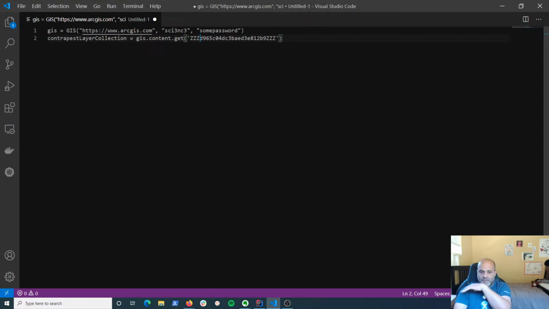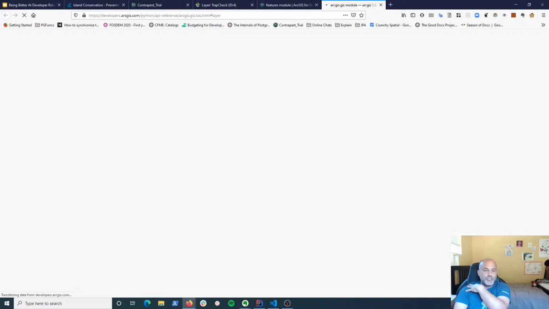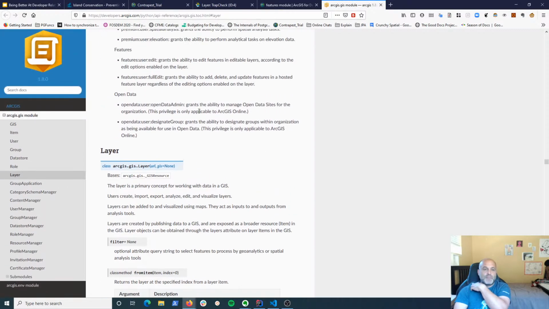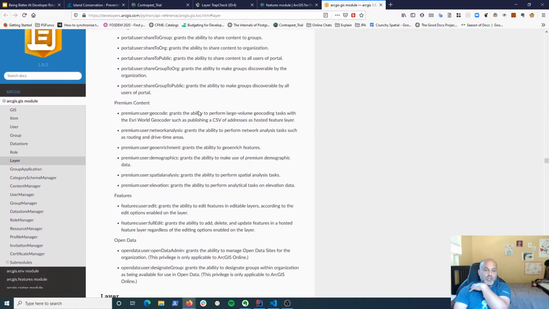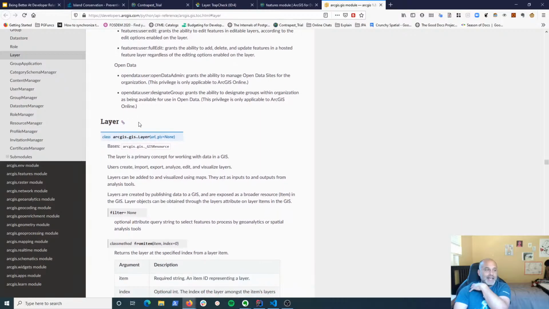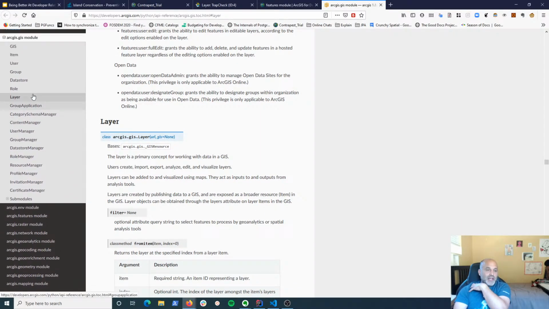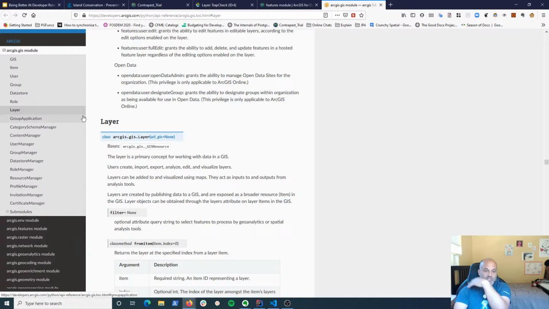I figured out how to navigate the layers. The next thing that came up for me is I wanted to start querying the data. And that actually gets to this, right? So we have the Python API. We're going to start looking through it. It has the layer. So in the top layer, they have layer, which is a layer in the feature layers that we had. But there's no table, and I actually wanted to get to the tables.